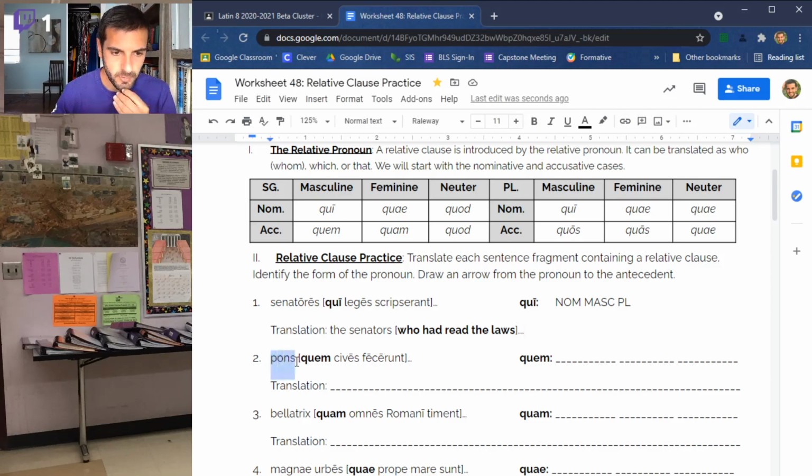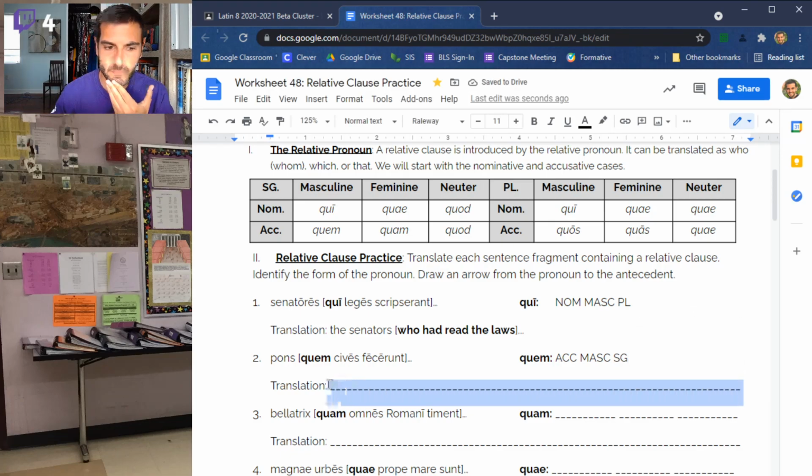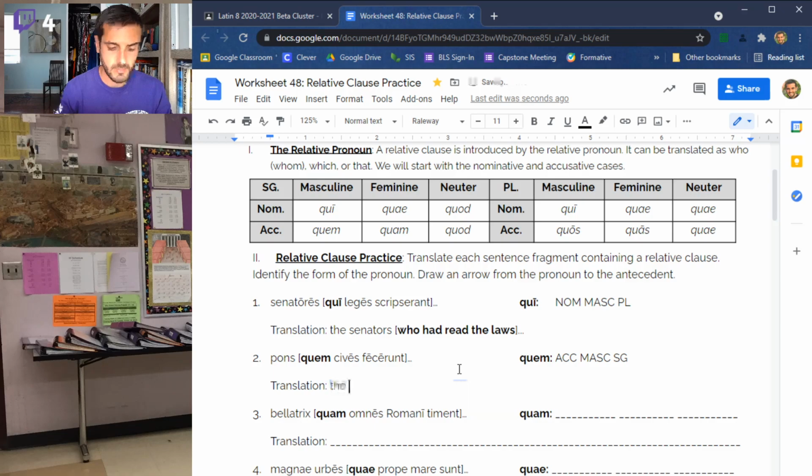Number two, a pons is a bridge. So it's the bridge which, I know it's going to be which because I'm talking about a bridge, I'm not talking about a person. Quem is clearly, by its ending, accusative. Pons is masculine, which is why quem is masculine. And pons is singular, which is why quem is singular. So we are talking about the bridge which,